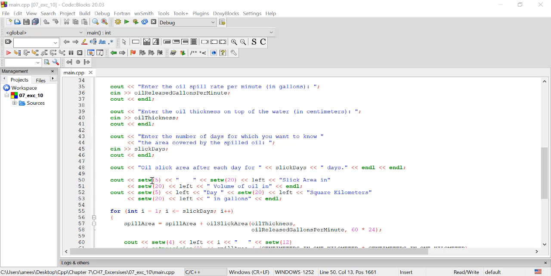So we place this in the 5th column, which will be more or less in the middle. Now we have the slick area on the 1st row, and then next we have volume of oil in the 20th column, which is still on the same row. Now we enter,